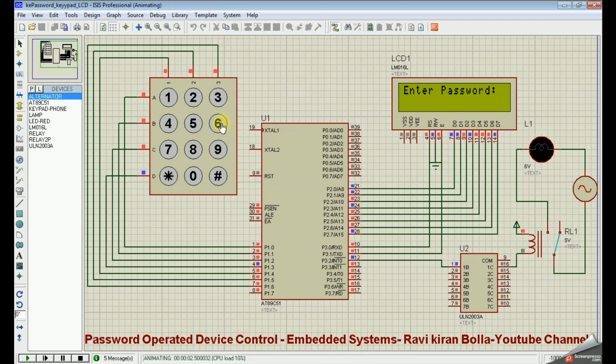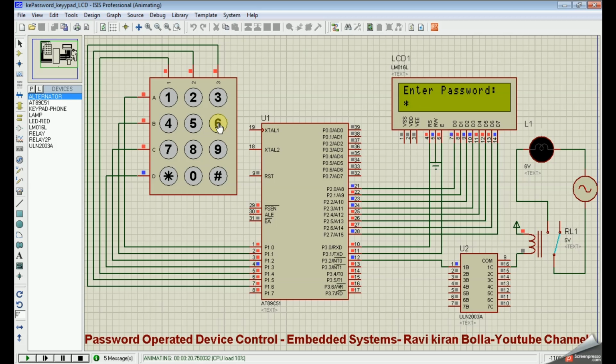So now it's working. Let me try with the wrong password first. I'm just entering 5555. It is saying wrong password. The correct password is 6666. Whenever you enter 6666, then the device should turn on.